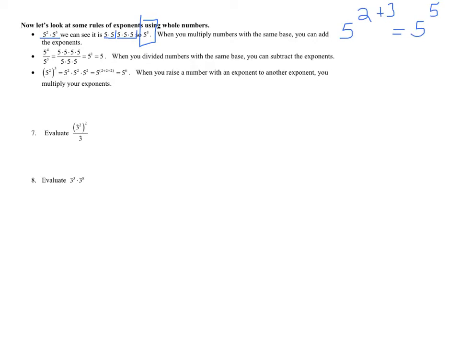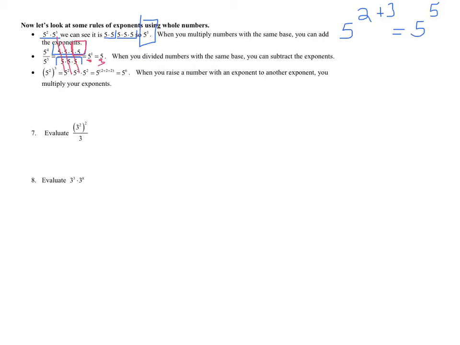Next, if I have 5 to the 4th divided by 5 cubed, well, that gives me 5 times 5 times 5 times 5, 4 5s in the numerator, divided by 5 times 5 times 5, 3 5s in the denominator. Now I can see I can cancel 1, 2, 3 pairs of 5s, because when I cancel 5 over 5, that's really canceling out a factor of 1. So overall, I'm left with a single 5 in the numerator, in other words 5 to the 1st power, which